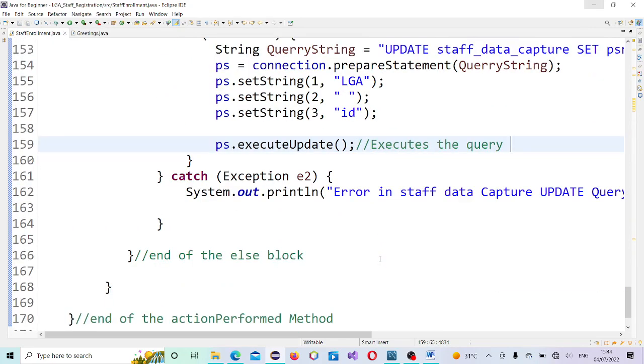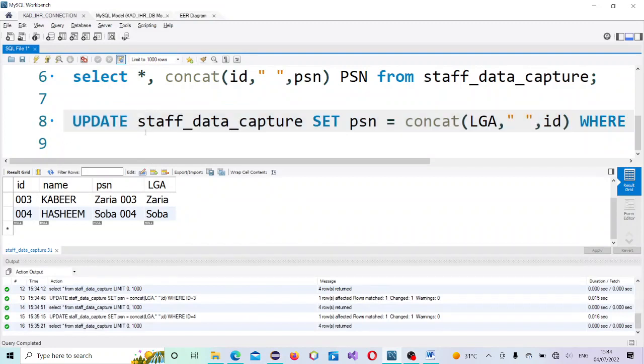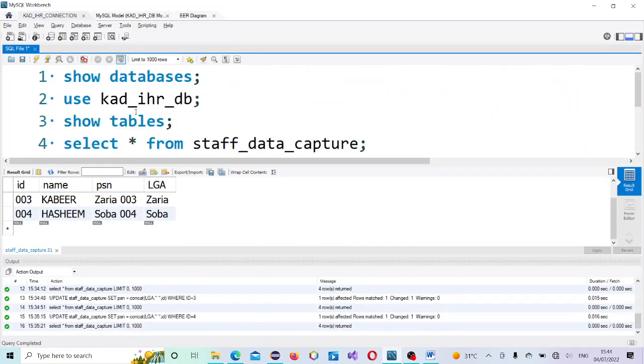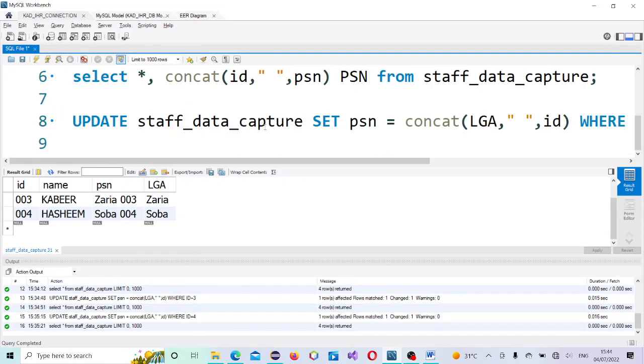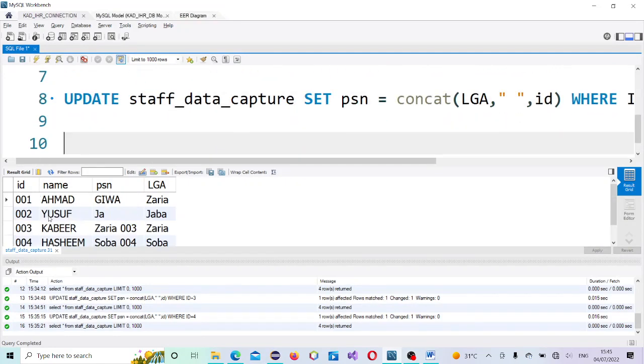And I think that's all. Let's try it. Before then, let me truncate what we have here. If you want to do away with everything that is in the table, you just write truncate. But when you delete row 1, the ID has been taken and you cannot do anything. If you say truncate, it will truncate everything in the table, including